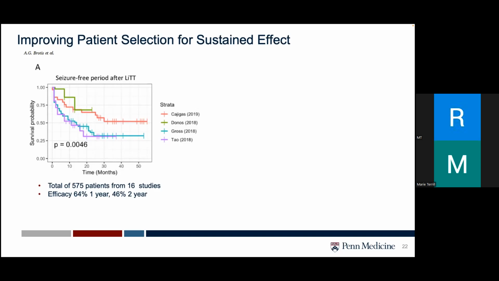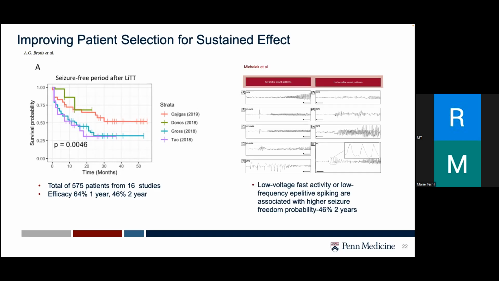Identifying patients who are more likely to benefit from laser in the treatment of mesial temporal epilepsy is an important consideration for optimizing patient selection and treatment outcomes. Now, in an attempt to address these uncertainties surrounding the sustained effect of laser treatment or selective laser amygdala hippocampectomy, the use of intracranial biomarkers has been explored.